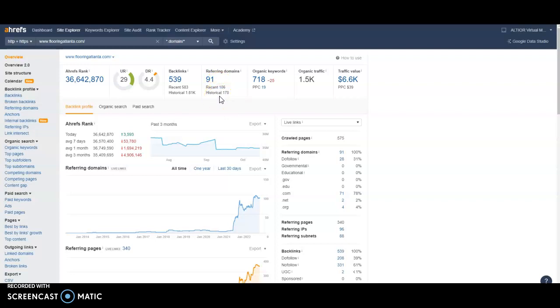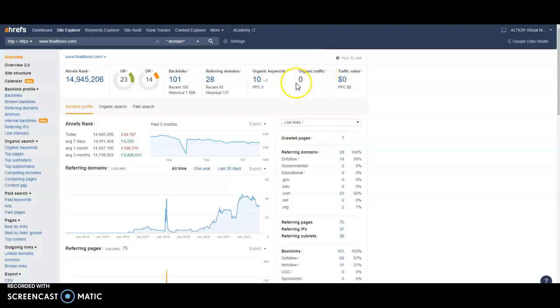Alright, so we've gone over content, backlinks, and citations. And you'll be able to start to outgrow your competitors once you optimize those things. And here's why you might think it's super important and worth it for sure. So looking at the traffic that they have coming to their website organically, that's a ton of traffic that they're getting per month. Looking at yours, we do not have any. That just means that you're not ranking in Google high enough to be found by consumers looking for your services.